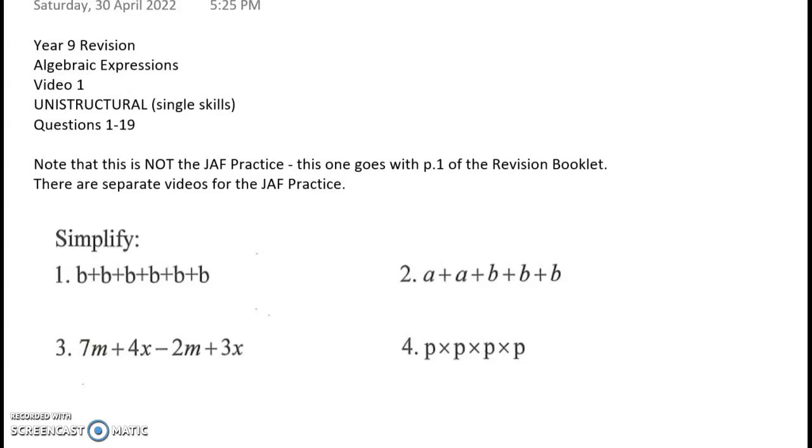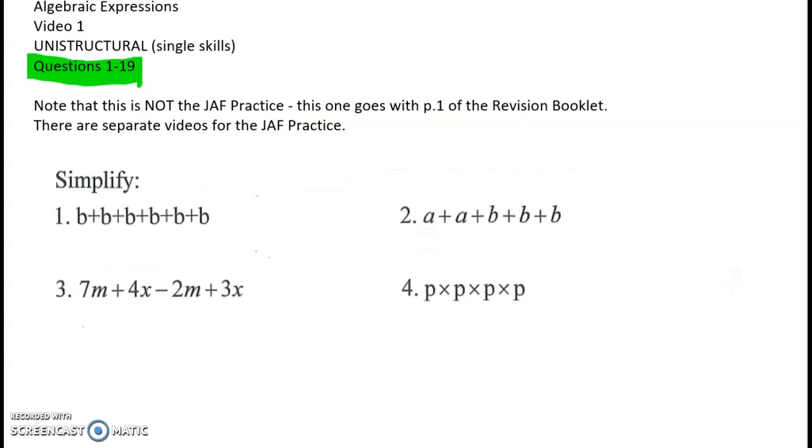So this one is just going to look at questions 1 to 19 on the sheet, that's the little 4-page booklet, right? So the first page is Unistructural, then there are a couple of pages of relational and then extended abstract. I'll do those videos later. So in this video, guys, I'm going to go quite slowly. It's probably going to be, I'd say, 12 to 15 minutes, and I'm going to try and get through all